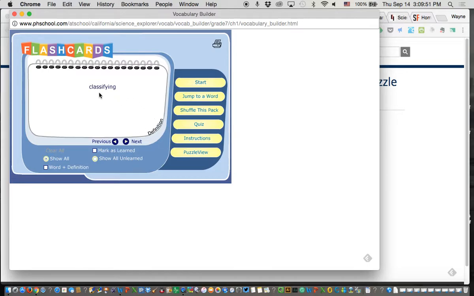And students can look at the word, think of the definition, click on the definition, and it'll flip it over to give the definition of that word. If they get it right, they can mark it as learned, and it won't bring it up as often or at all. Or they can mark it as unlearned, and it will bring it up more often. And they can click and go through to the different vocab words for each chapter and look at the definitions